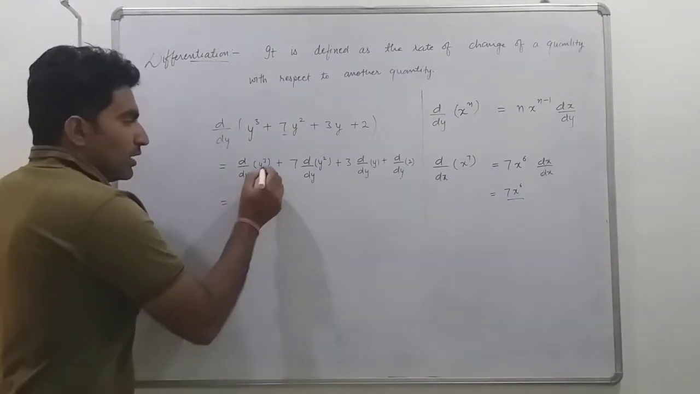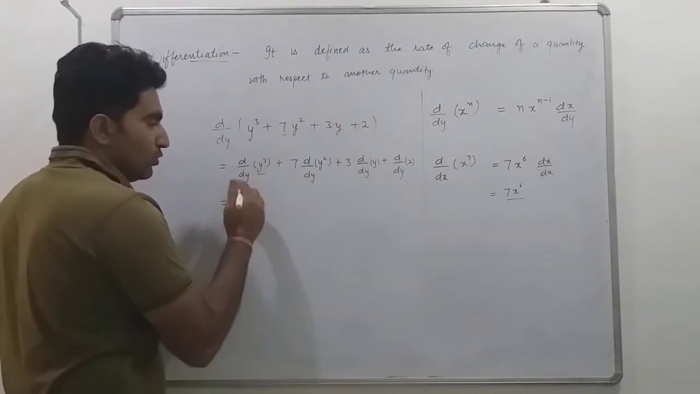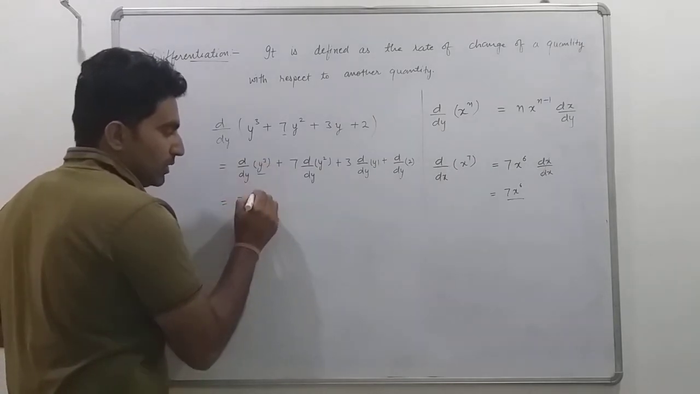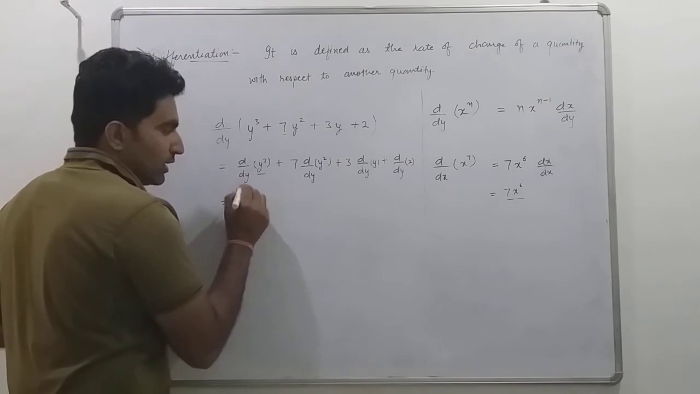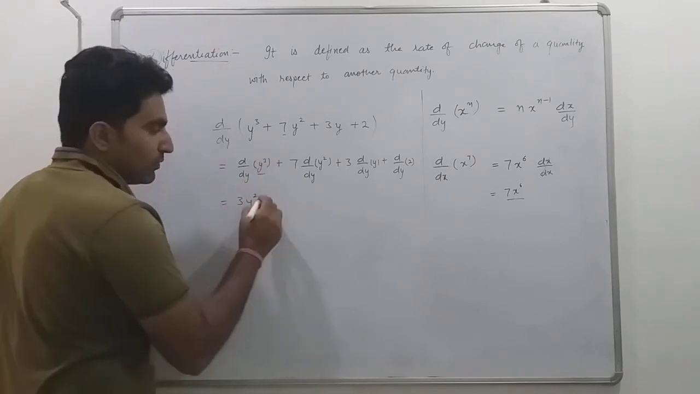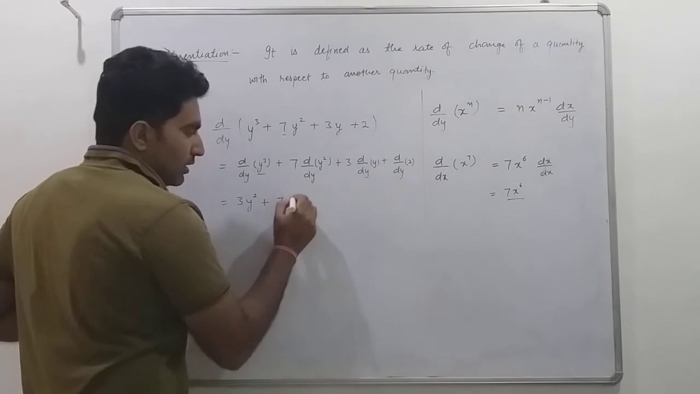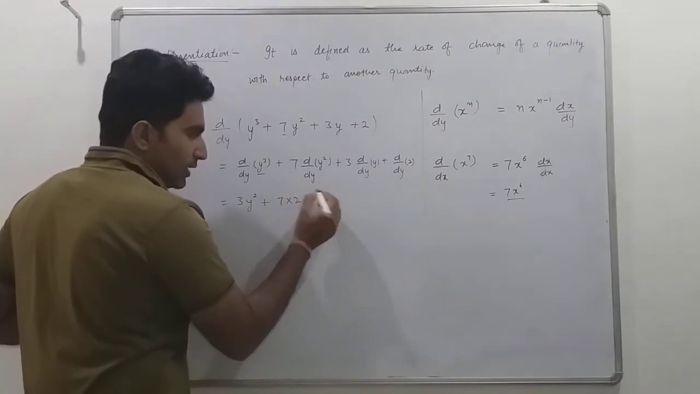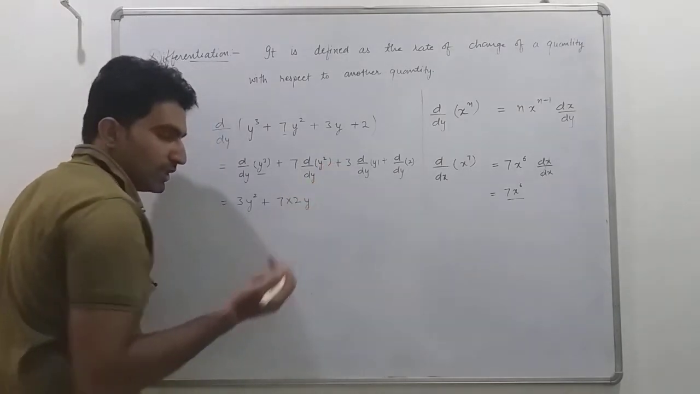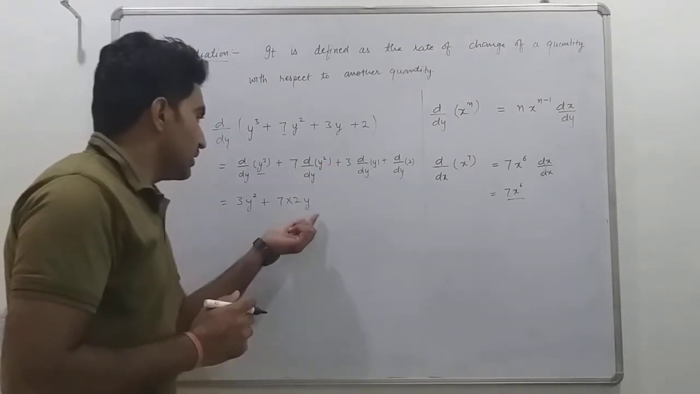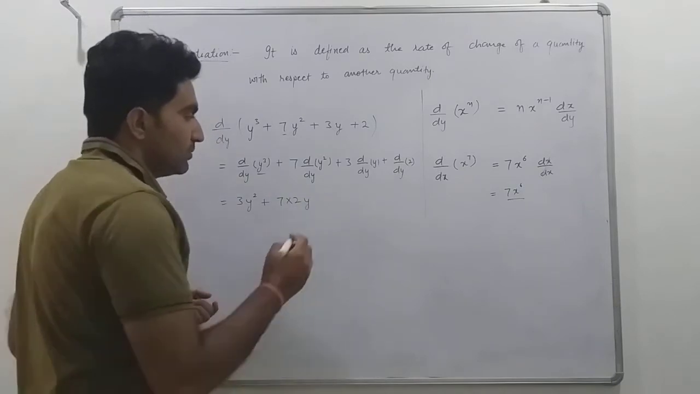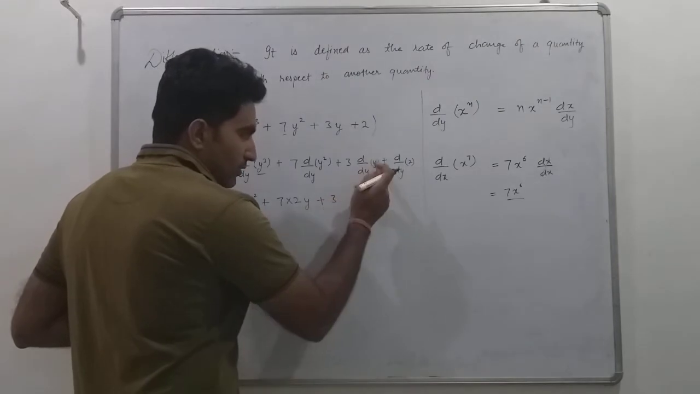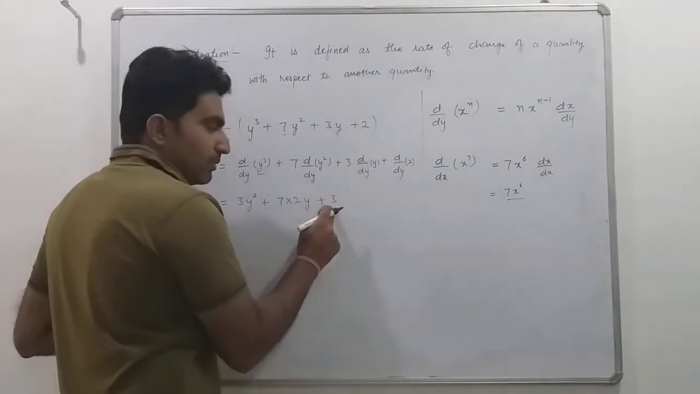So again applying the same formula, 3 comes forward and power is reduced by 1, so it will be equal to 3y square. 3 minus 1 is equal to 2, plus 7. Again using the same formula, 2 comes forward and y power is reduced by 1, 2 minus 1 is equal to 1, and we have no need to write 1. Next one is plus 3, again y, here the power is 1, 1 multiplied by 3 is